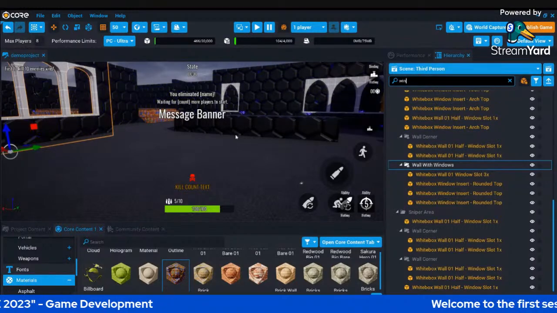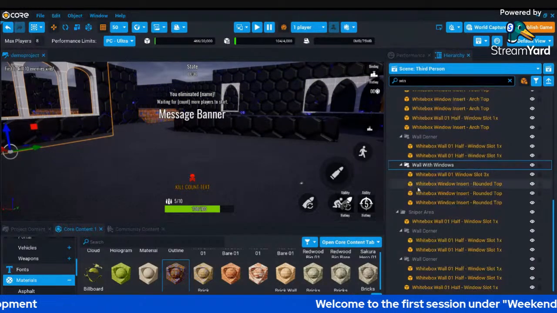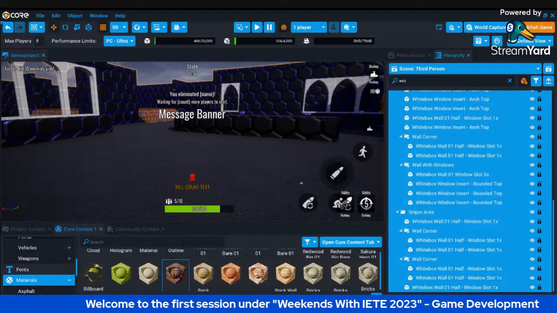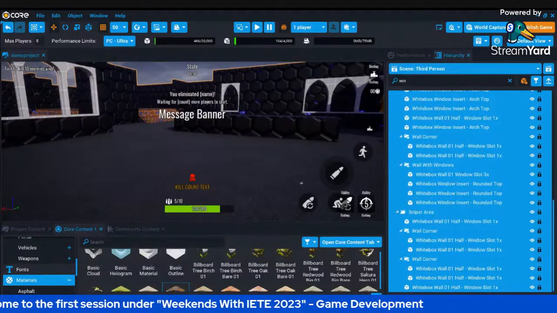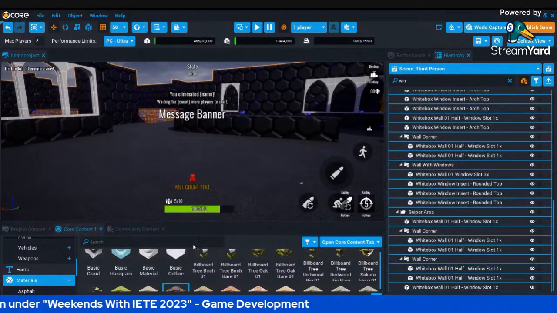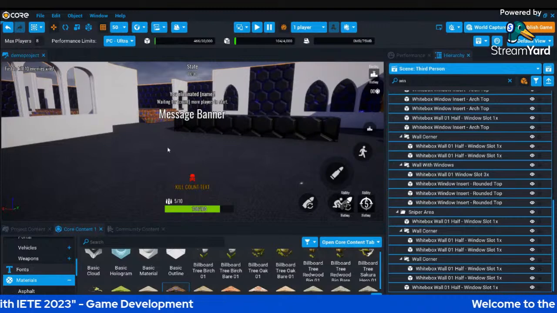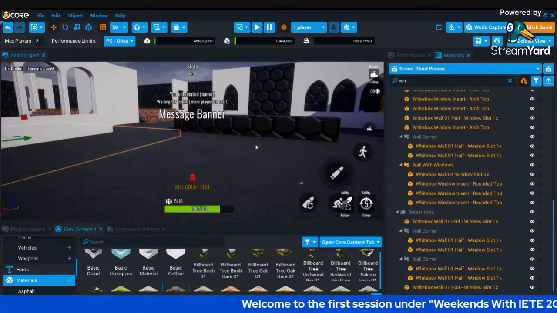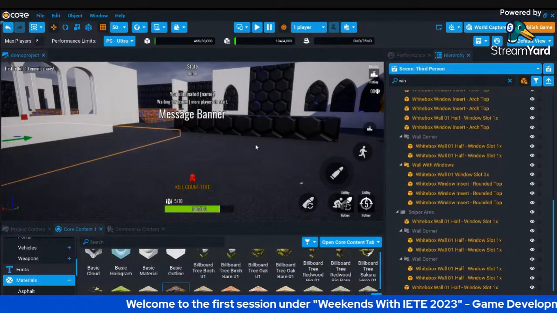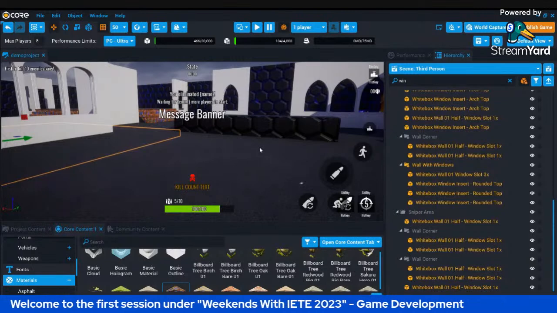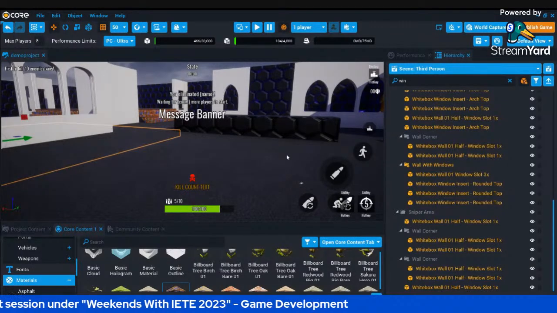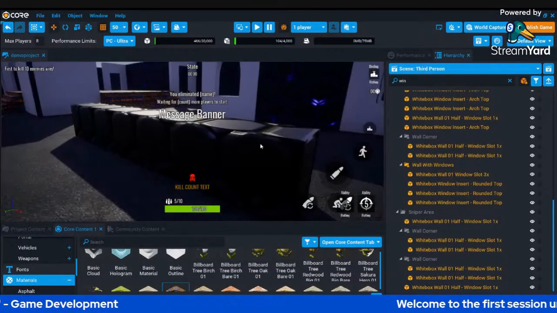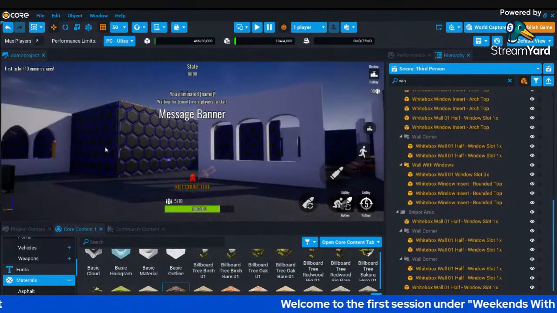Look, the windows are still white. But we'll give it a change. I'm giving the basic material to all the windows. Now can you see how we have created a wonderful basic structure in a quick span of time? In a very short period, we have developed this entire block and some small area for playing.